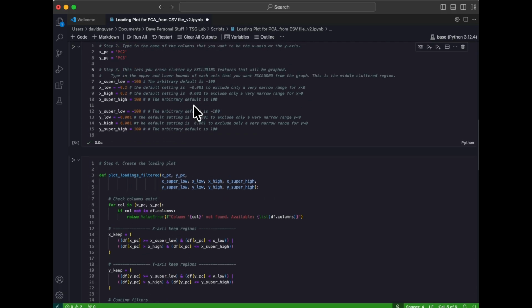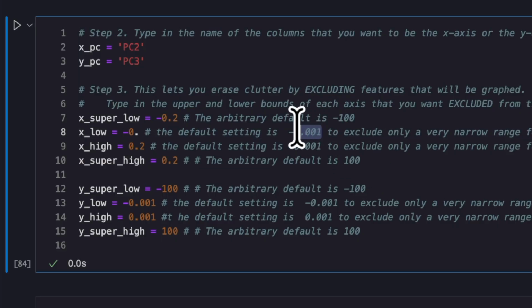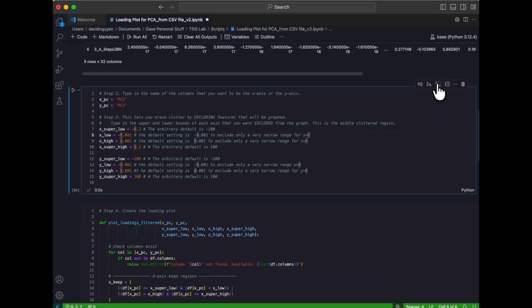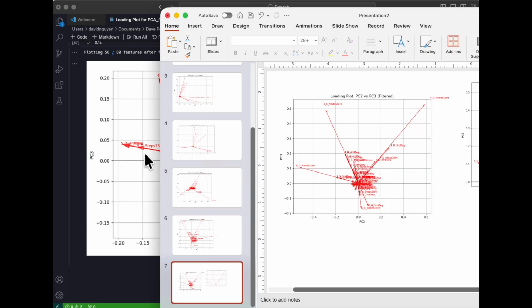So let me show you. For x, the x super low is -0.2. The x super high is +0.2. And then the middle exclusion region, I'm going to bring it back to its original value right here. You see that? x low is -0.001, and then x high is going to be +0.001. It's the default setting right here. When I do that, let's see what happens. Look at that. You see, now what you get